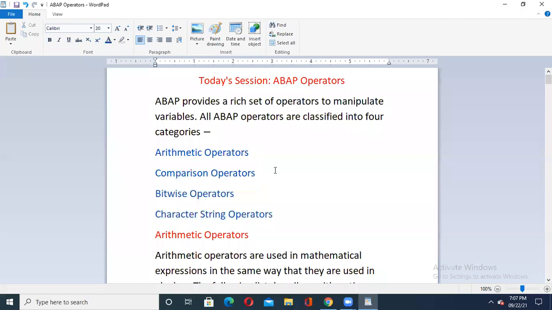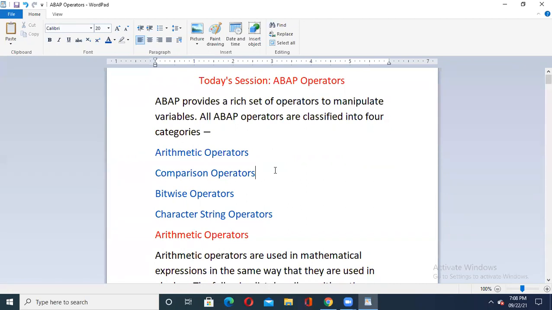If you see carefully, these operators, arithmetic, comparison, bitwise, and character string, you will find almost similar kinds of operators available in other programming languages too.